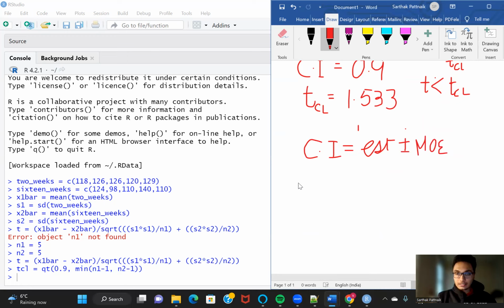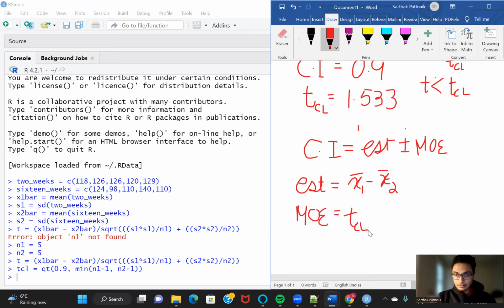So in this case, the value of the estimate for two sample t-test is going to be my difference in the sample means, and my margin of error is going to be